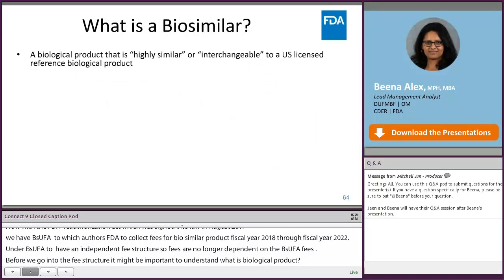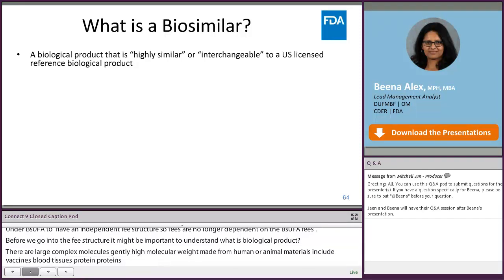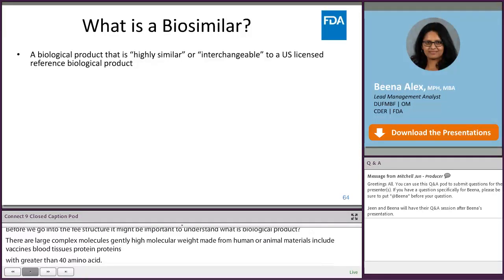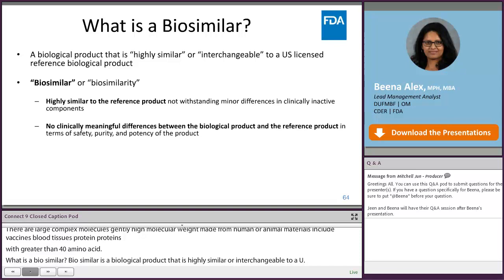So what is a biosimilar? A biosimilar is a biological product that is highly similar or interchangeable to a U.S. licensed reference biological product. For a biological product to be considered biosimilar, it should be highly similar to the reference product, notwithstanding minor differences in clinically inactive components, and there should be no clinically meaningful differences between the biological product and the reference product in terms of safety, purity, and